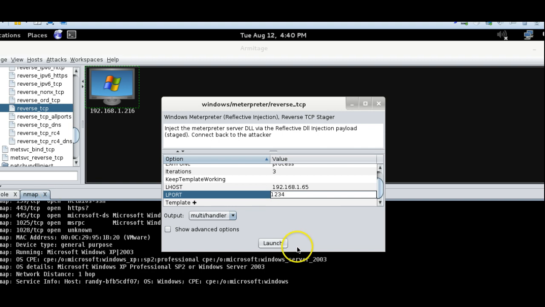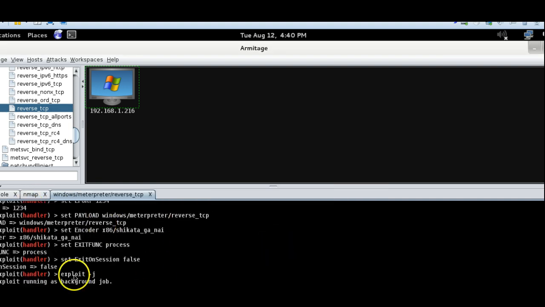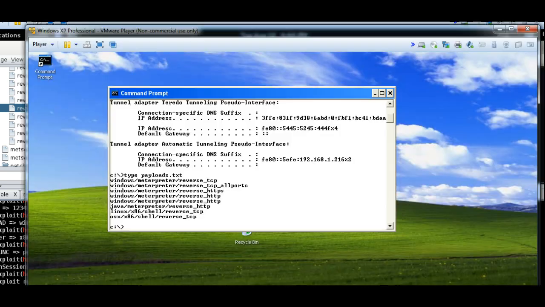Now this is going to launch another console, so if we hit launch, see, there it is. Now you can't really see the bottom of it, but just take my word for it. It shows the command line waiting. Okay, now it's time to execute it, so we're going to go back over to our target machine,